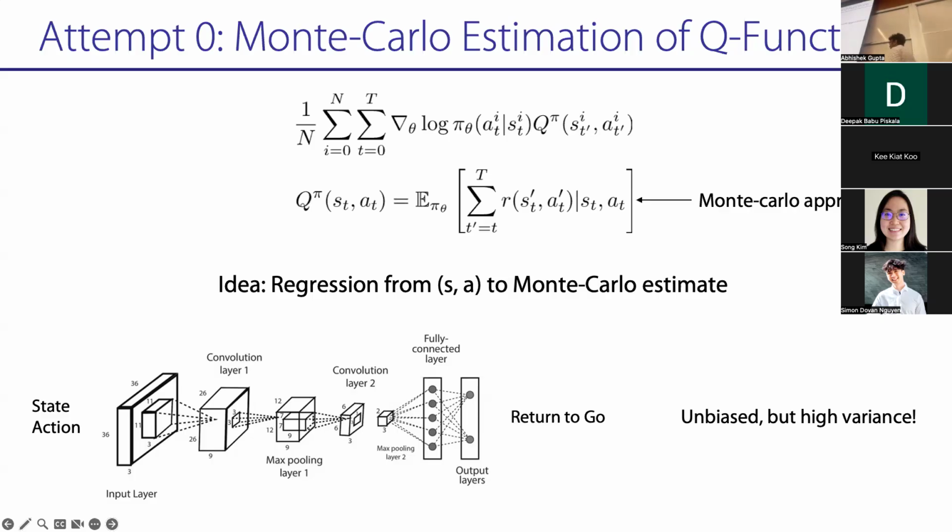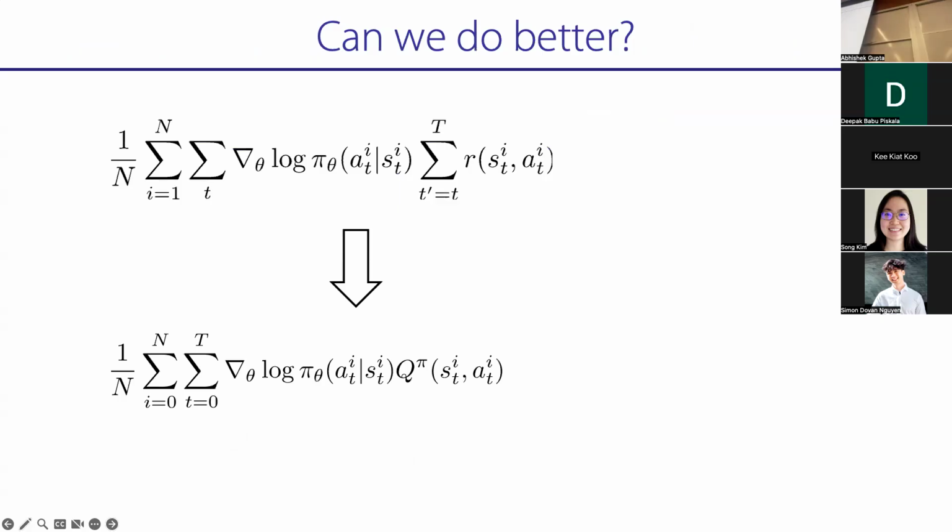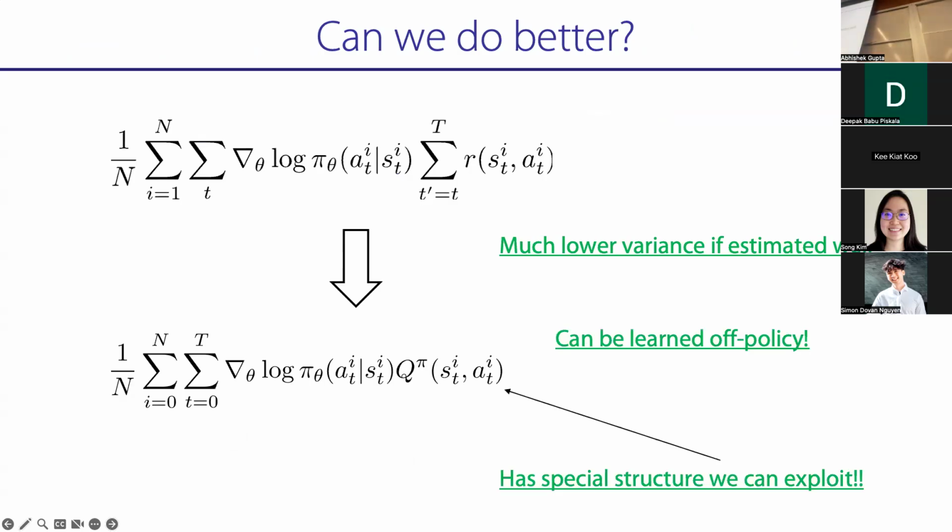Right? And so this is not going to be our answer, but it's one step closer than policy gradient. So policy gradient was, you're going to have the sum of R, and what we did is we went from the sum of R to a Q function, right? So the Q function is kind of like an expected sum of R, which shares things across many trajectories. Good. Okay, so that's attempt one. Attempt one is a failure. So we're going to say that we want to do better. We want to reduce variance even further, and we want to be off policy, right?